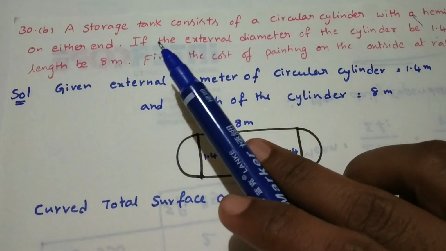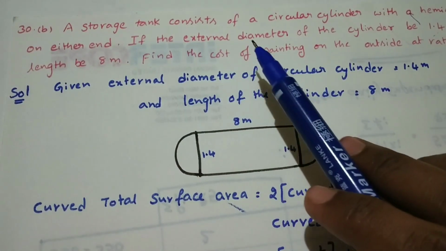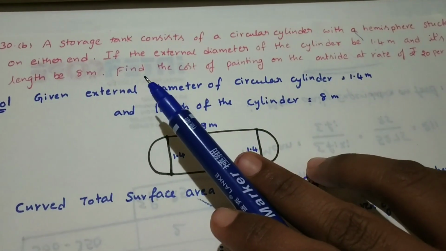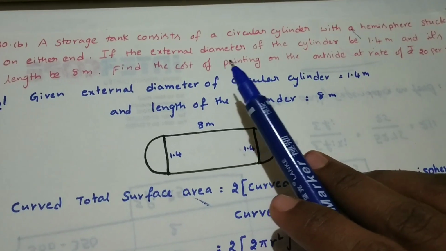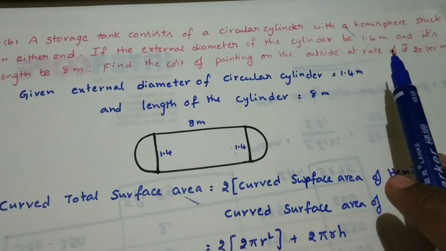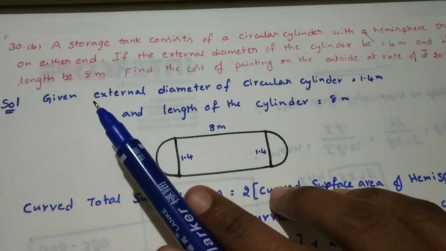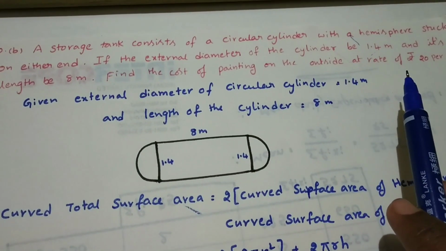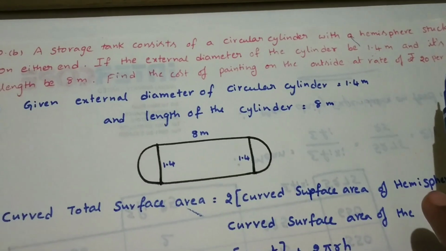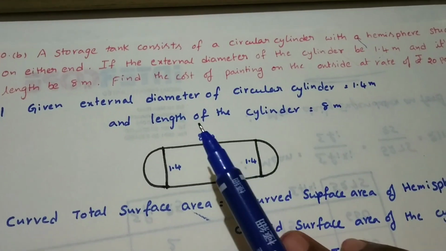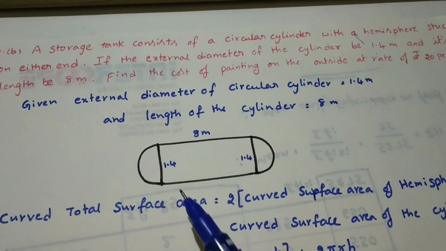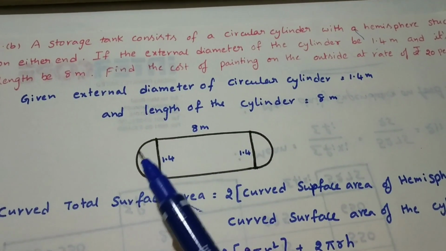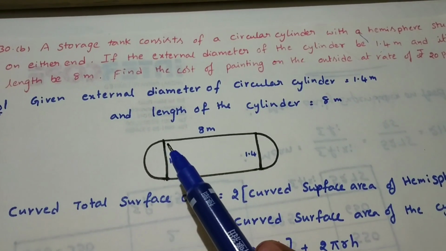30 question B. A storage tank consists of a circular cylinder with a hemisphere stuck on either end. If the external diameter of the cylinder is 1.4 meters and its length is 8 meters, find the cost of painting the outside at the rate of 20 rupees per meter square. That means this is a cylinder with both ends having a hemisphere. For this one, the external diameter is